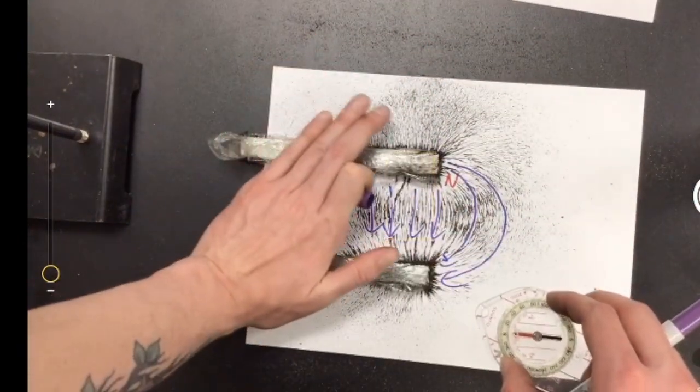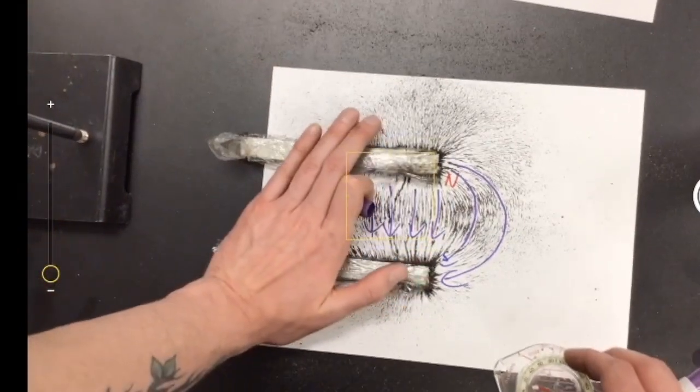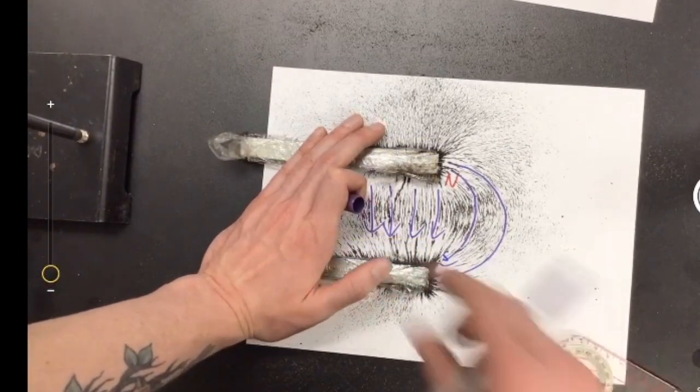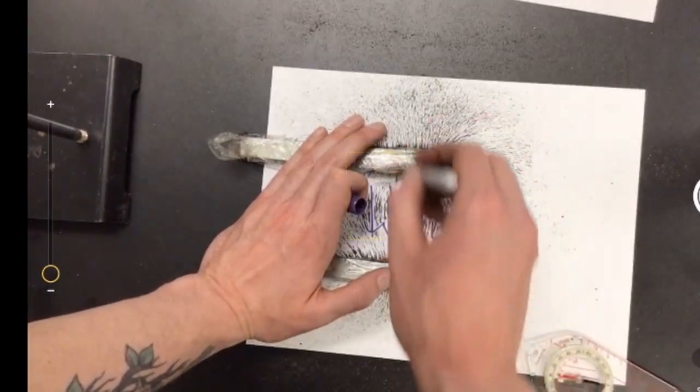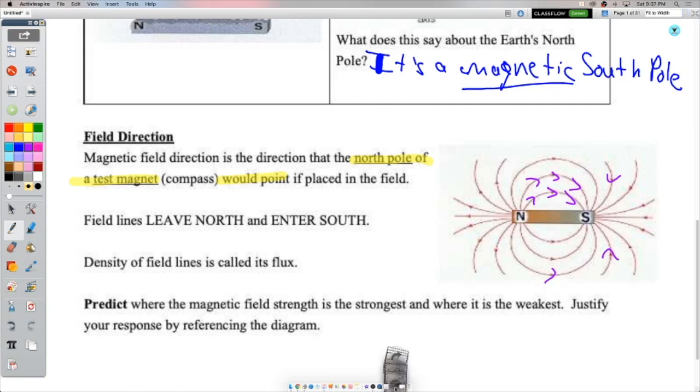Up here, it's going over to its own, but remember, we're trying to just focus on this, because we've seen that before. That's just one magnet interacting with itself for the most part. Okay, so in between them, we have these parallel field lines, always pointed from north to south. You can also look at a